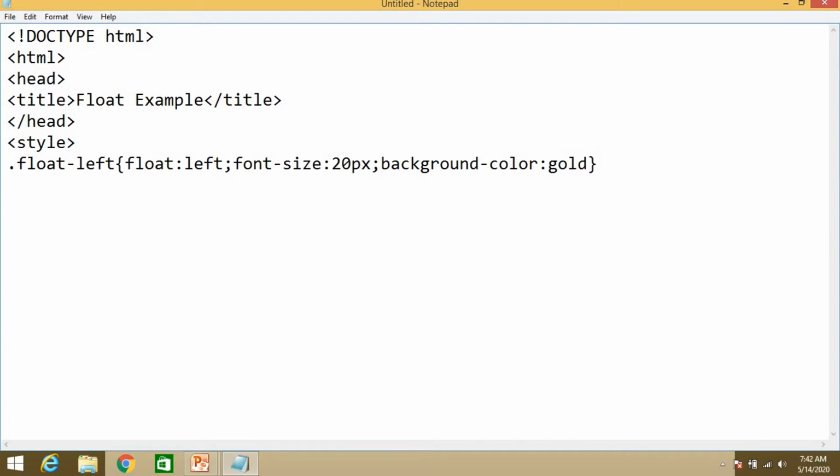After that, dot float right. So float right.